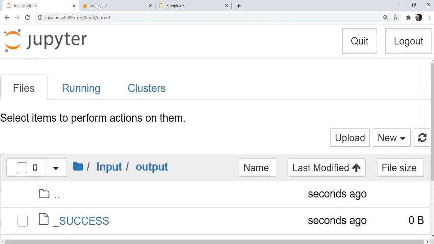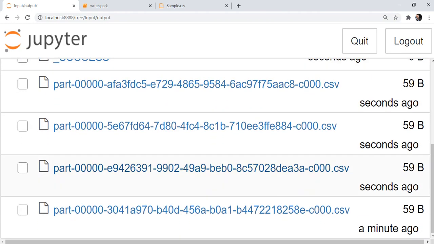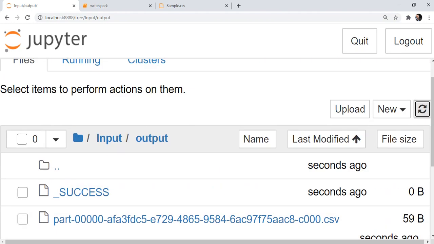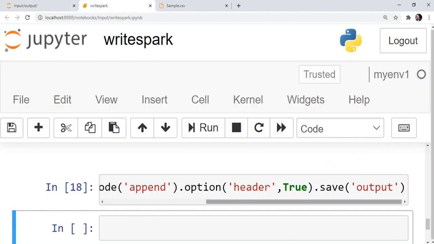So let's see. Yeah, four part files, right? And if you want to read it again, like you want to read whatever files are present at the output location, and check whether it actually preserved all the records instead of four, right?